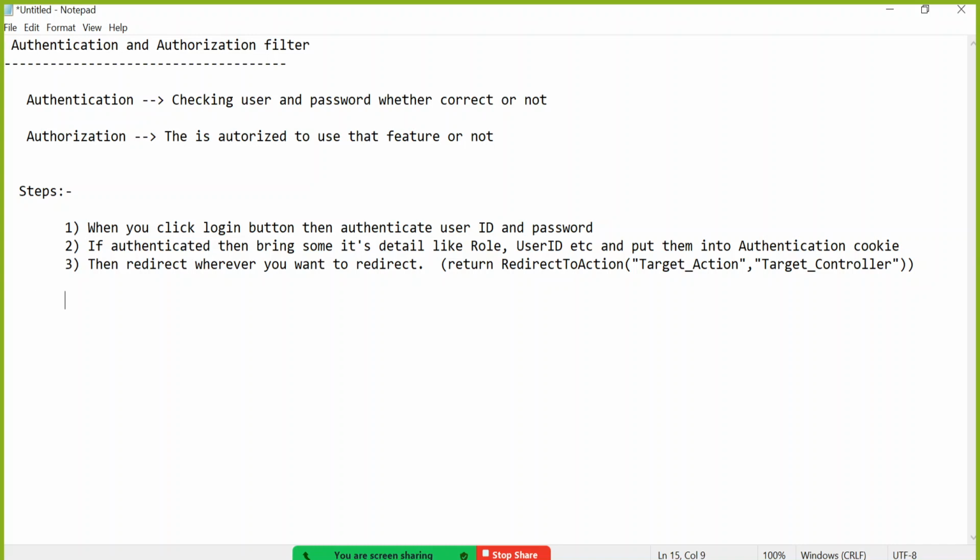So fourth point is, in the target controller use the authorize attribute along with a specific role, like this. Within authorize you have to put a bracket, then say roles equal to